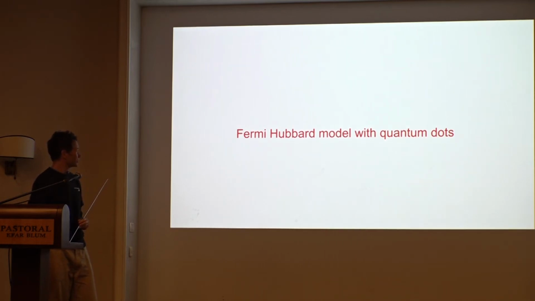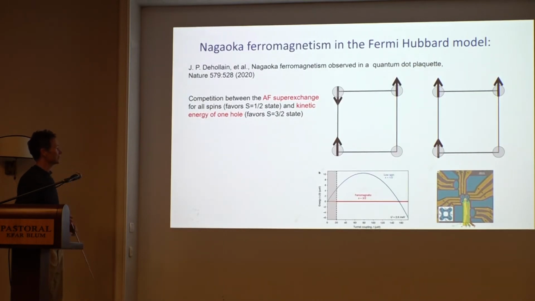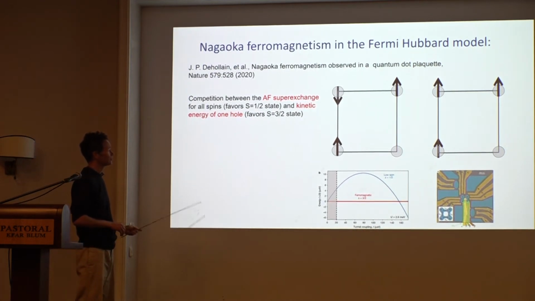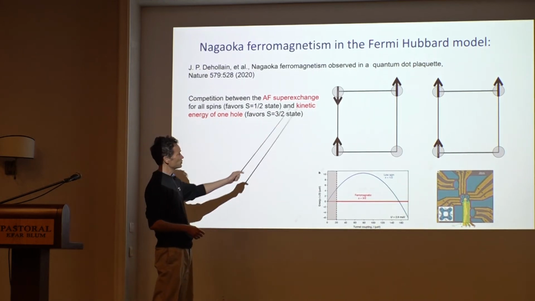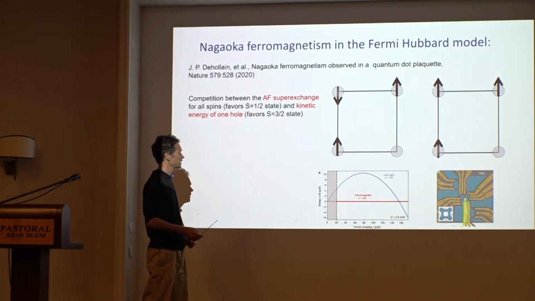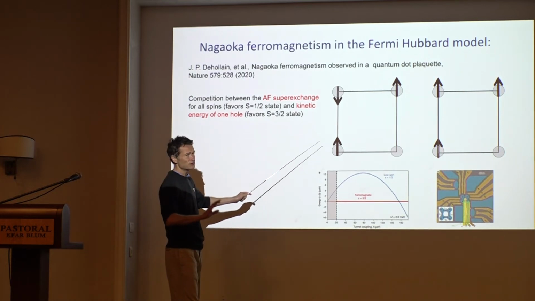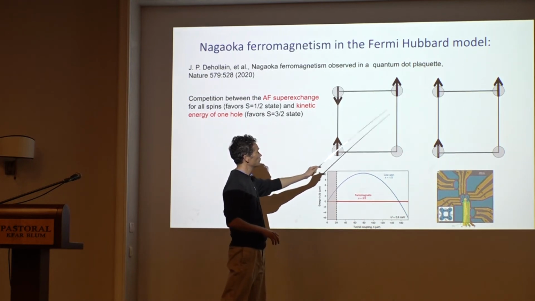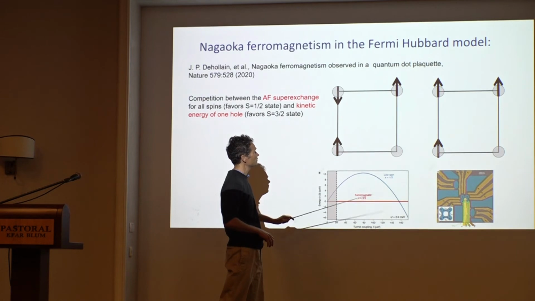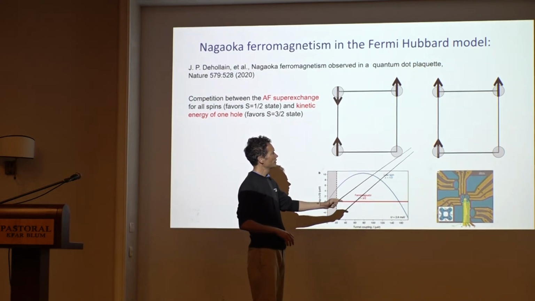Okay, so now I'll say a few more words: this domain of exploring the Fermi-Hubbard model is not just done with cold atoms. There are also interesting developments on the side of quantum dots. In particular, there has been a long-standing conjecture of Nagaoka ferromagnetism. I'll give you a baby version of this statement. Consider 4 sites, and we put 3 fermions on these 4 sites, and then we ask what's the lowest energy configuration?